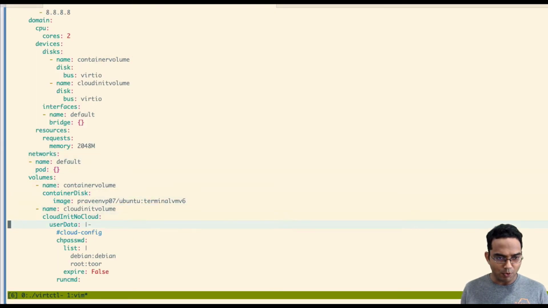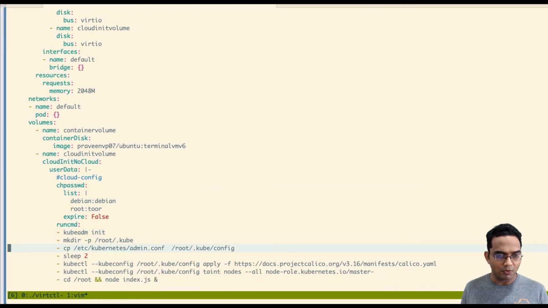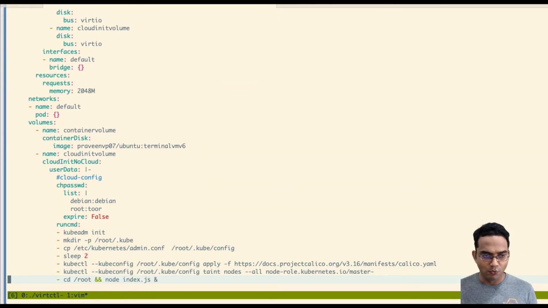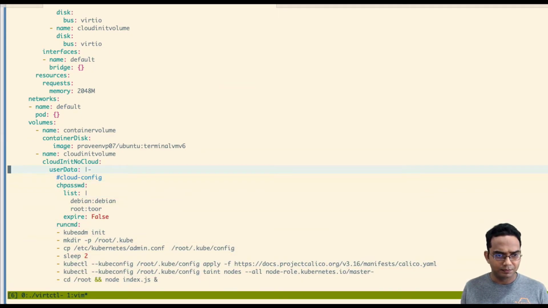Now, as we are here, let me talk about one more good feature of KubeVirt. Here, we are going to use another volume called cloud, another volume driver, the cloud init no cloud driver, using which I can pass the cloud init configuration file.